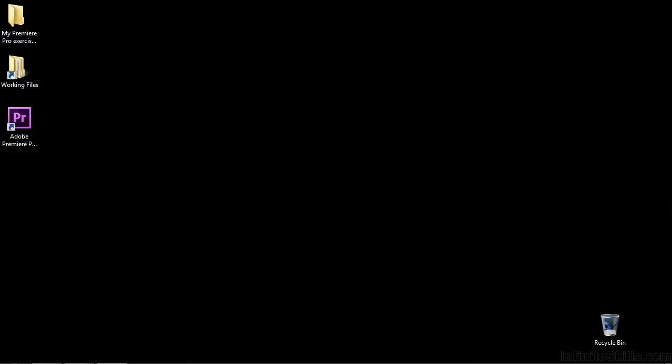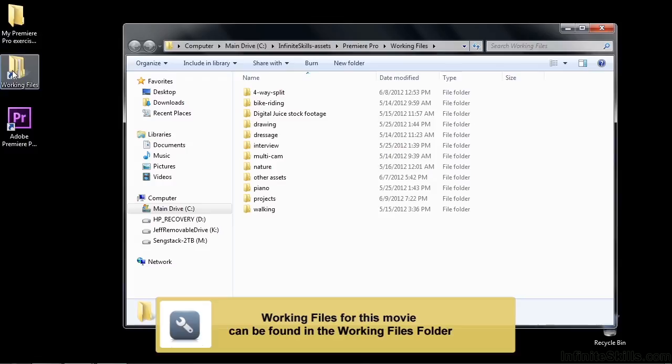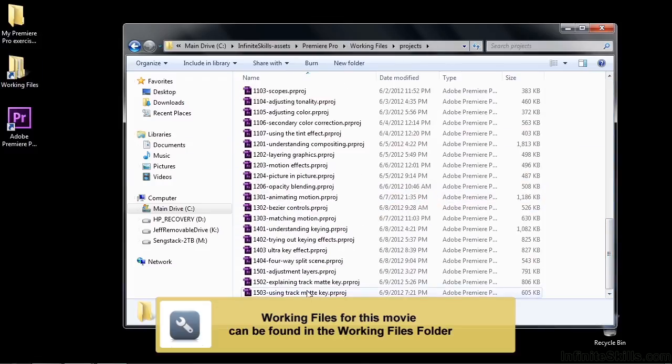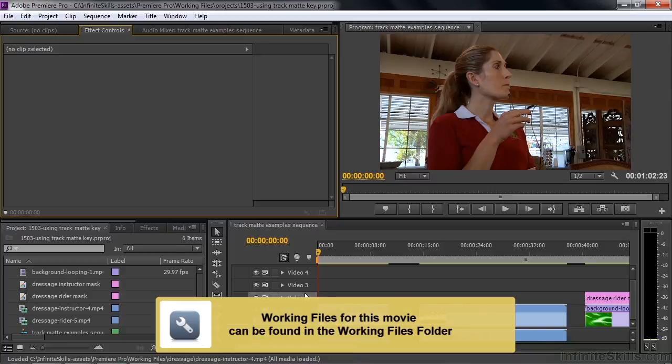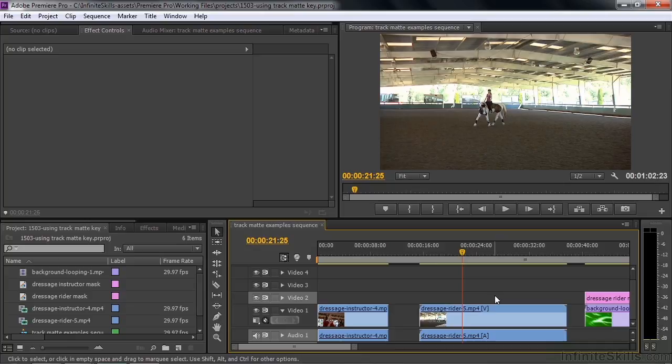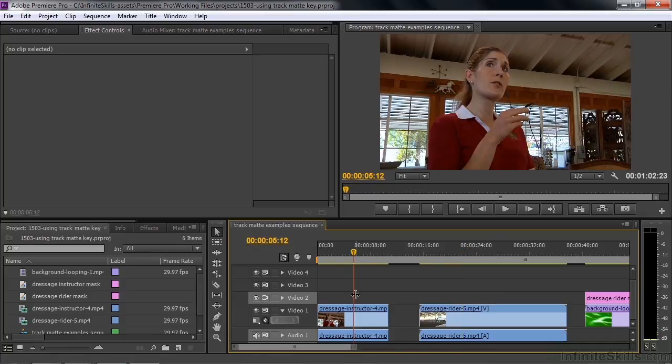Now I'm going to walk you through two track matte key effect examples. One will be a static key, and the other one will be what's called a traveling matte. Let's go over to Working Files and open up Projects and scroll on down to 1503 using track matte key. We're going to apply a track matte key to this clip and to this clip. We're going to have this one be the traveling matte, and we're going to have this one be the static